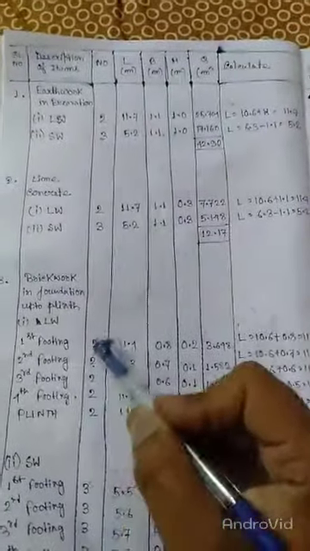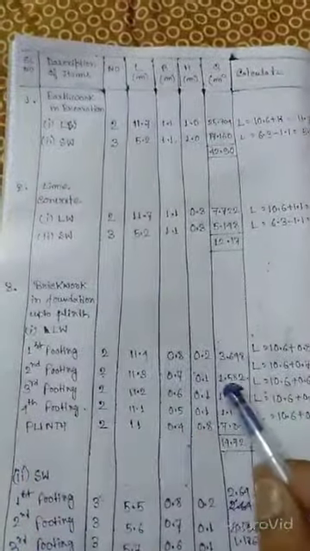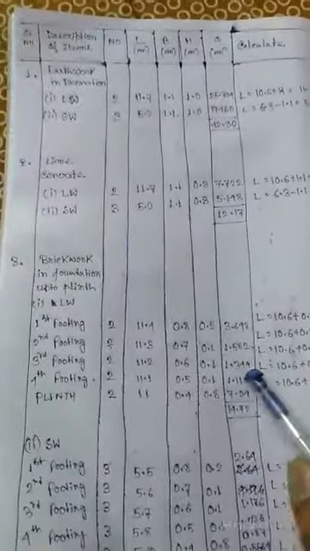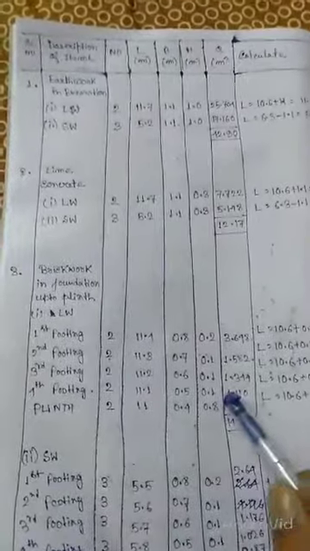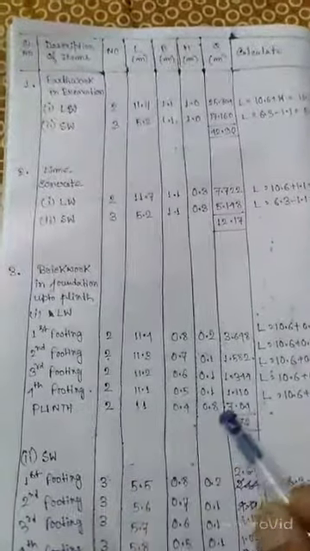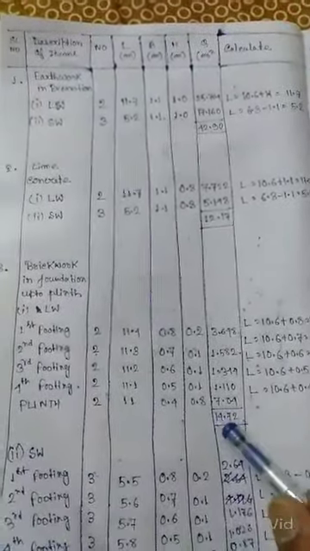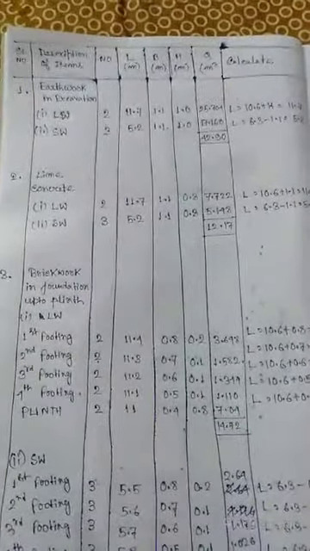The number of long walls is 2. You have to write the number of long walls here. After multiplying this, we will find the quantity. The quantity for the first footing is 3.648 meter cube, and for the second footing, 1.582 meter cube. For the third footing, 1.344 meter cube, and the fourth footing, 1.110 meter cube, and for the plinth, 7.04 meter cube. And finally, after the addition, you are getting 14.72 meter cube. This is the quantity for the long wall.